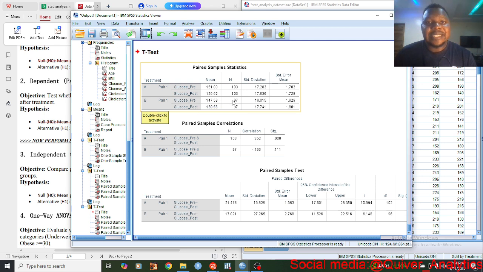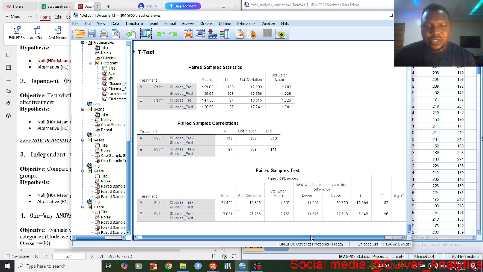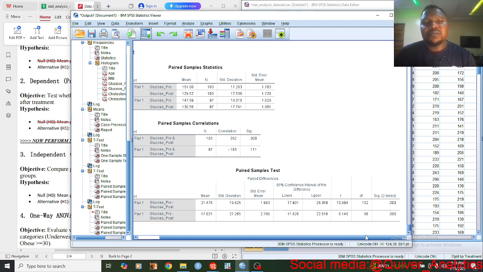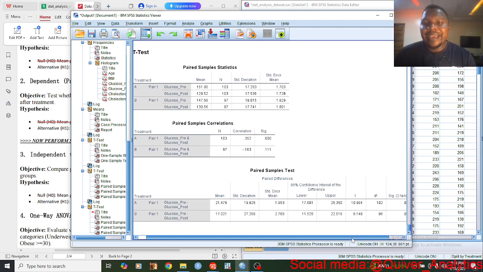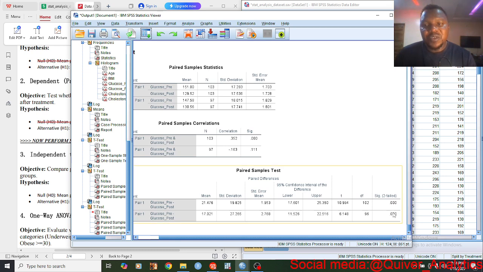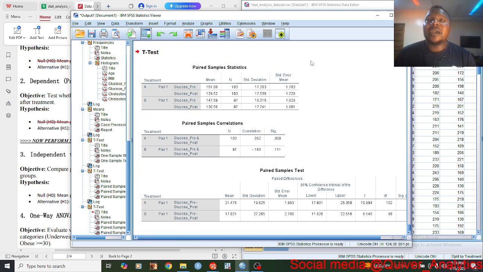among those who took B, 97 of them, before they took treatment B, their average glucose level is 147, while after taking treatment B, their glucose level dropped to 130. All right, so let's see, are these differences significant? So let's just come here. Yeah, so among the treatment A group, it is significant, and here as well it is significant. All right, so that's how to do a comparative